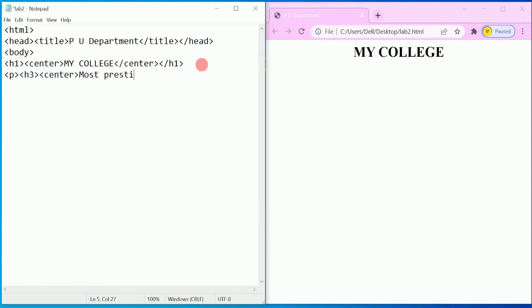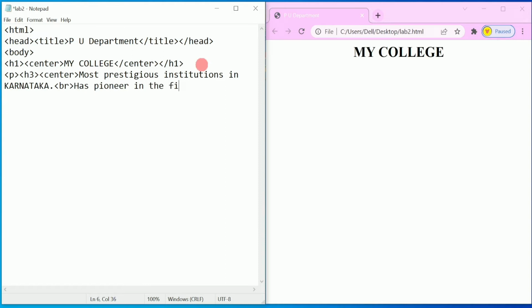Most prestigious institutions in Karnataka. So after this, I would like to have break. So I'm going to write BR and then I'm going to write has pioneer